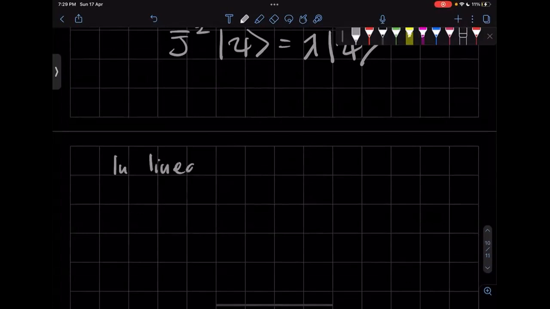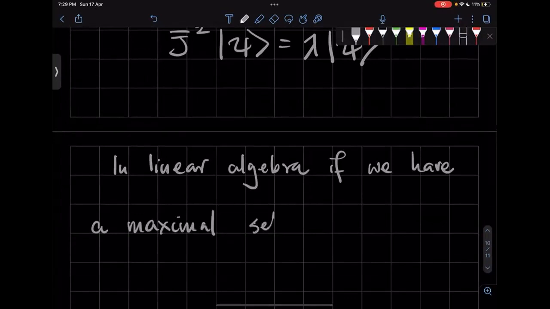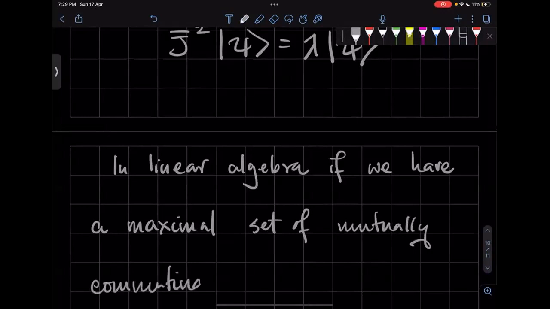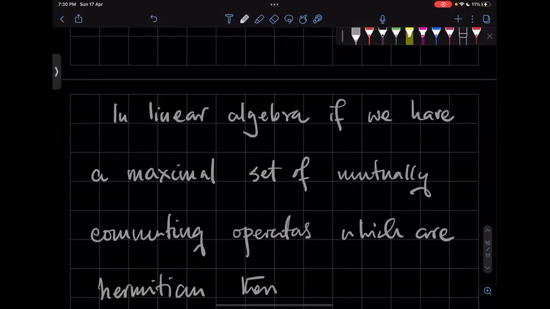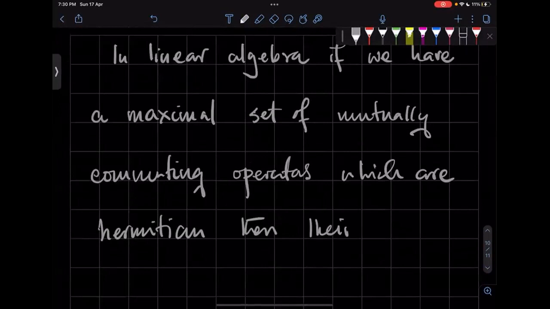So in linear algebra, if we have a maximal set of commuting operators, say, mutually commuting operators, which are Hermitian, then their eigenvectors, let's call them simultaneous eigenvectors,